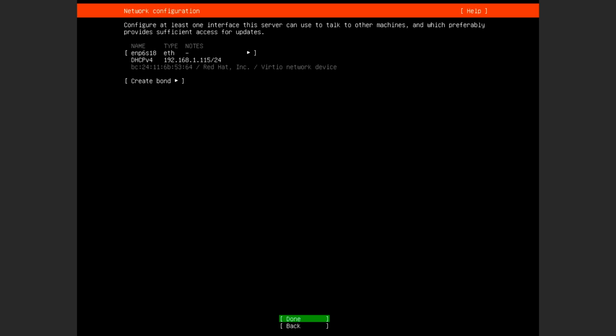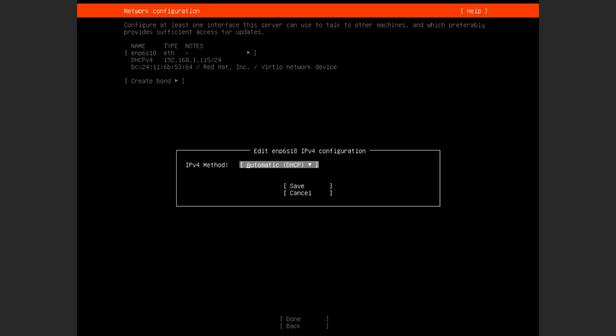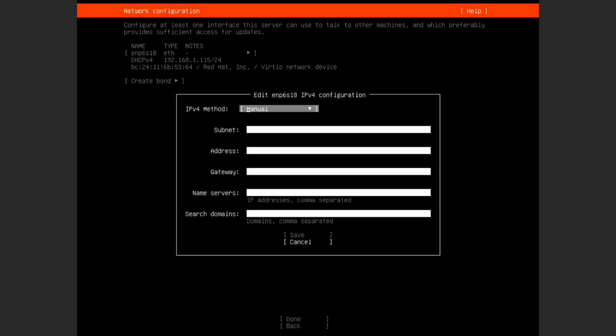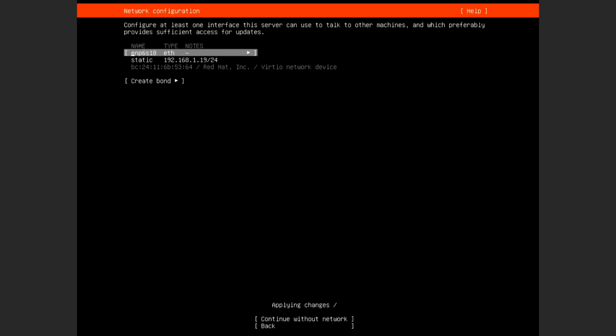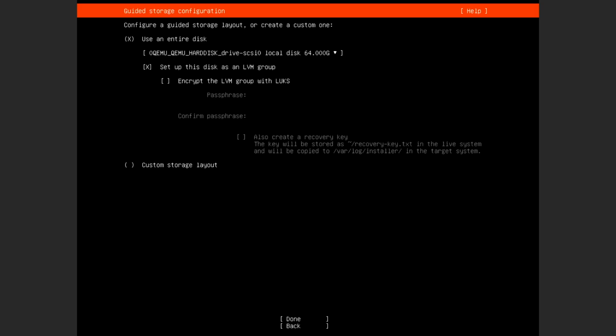So I want to come up here and edit our IPv6 because we want a manual setting. And then my domain servers, which are local, and we'll do a save. Use the entire disk, but we don't want LVM. I do want a custom layout, but